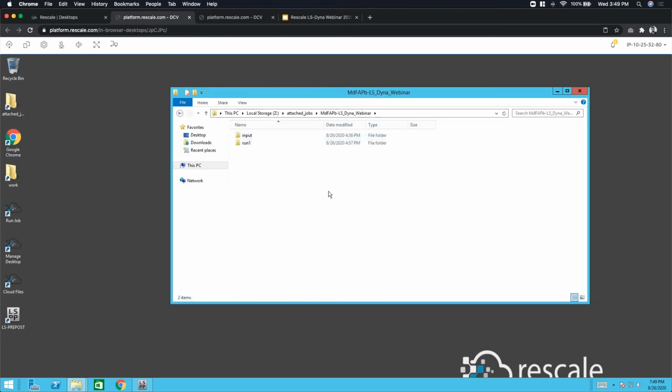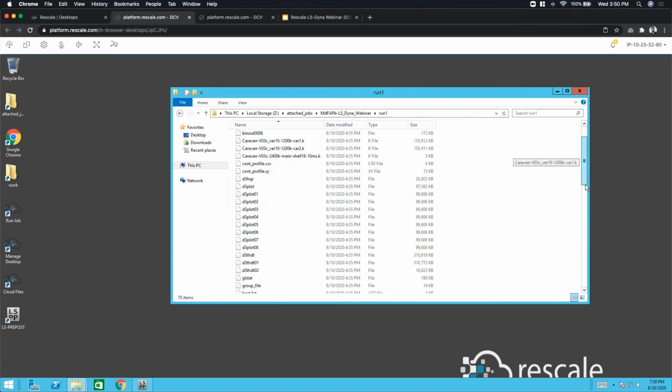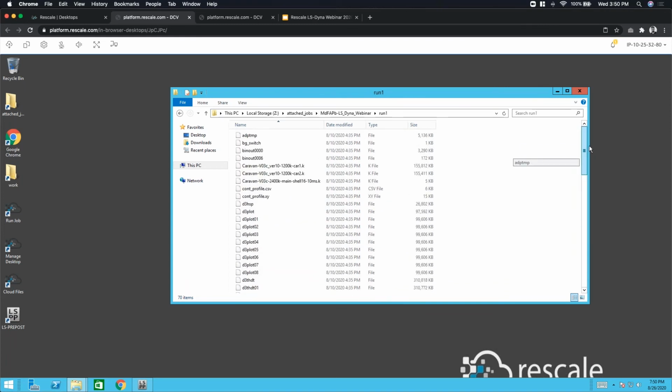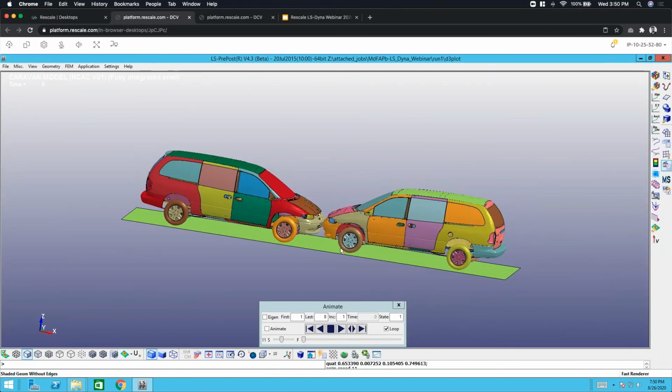So you can see here under Attached Jobs, this is the job that I attached. We have an input folder with all the input files as well as the output folder. So you can see here all the D3 plots that were generated while that simulation was completed is attached to this desktop session. So then you can launch an LS Prepost session that I've launched here,